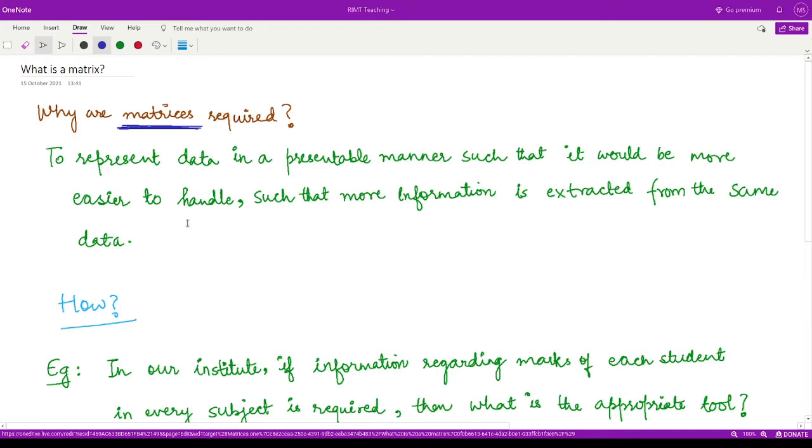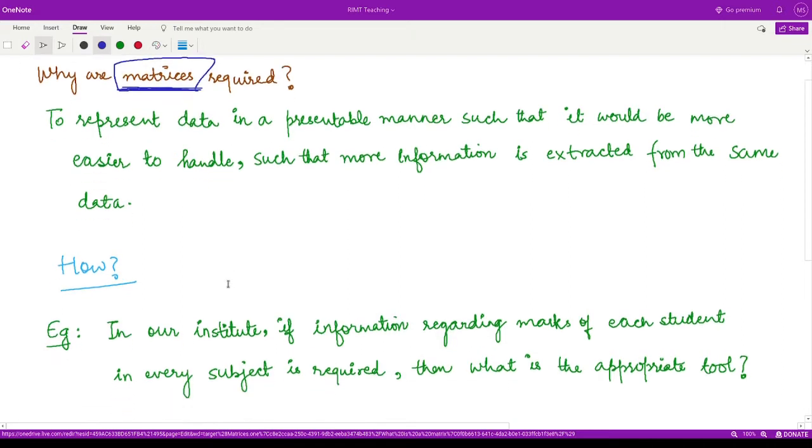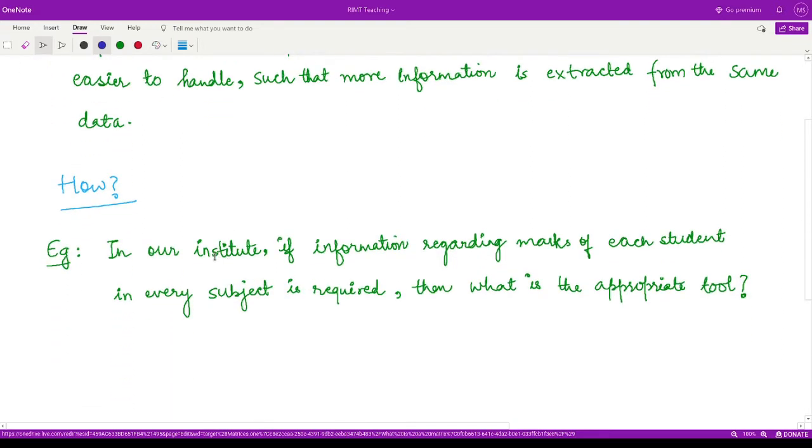For example, so let me give you an example for a large data and how matrices play a useful tool when we have such a large amount of data with us. Suppose the task that has been given is that collect all the data of all the students, and in that data we are required to calculate the marks for every student for every subject.